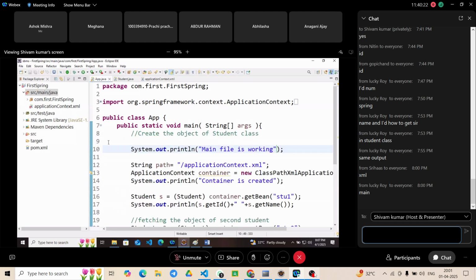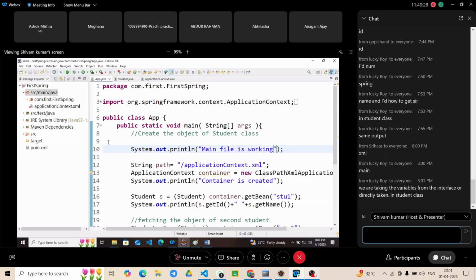Java is an object oriented language, right? Where Java starts executing the program from is the main method. So public static void main, it will go inside. Then this part got printed that main file is working. After this